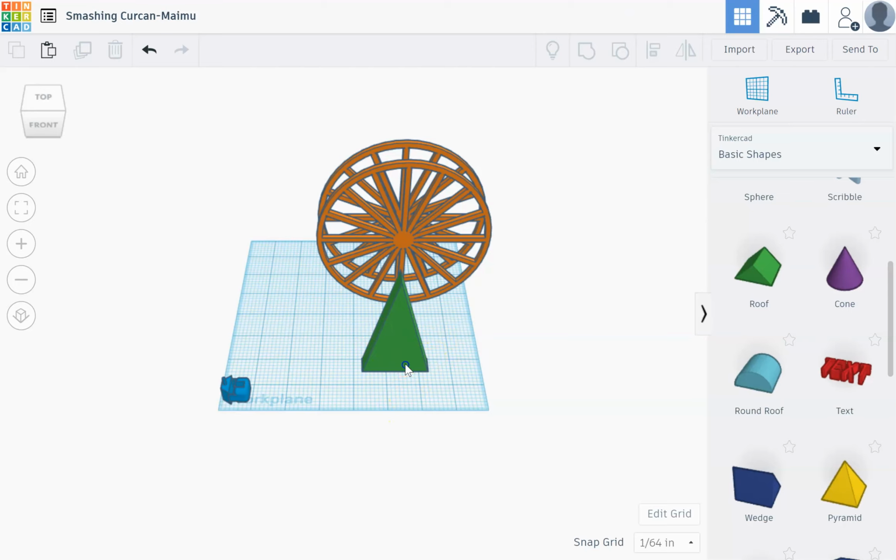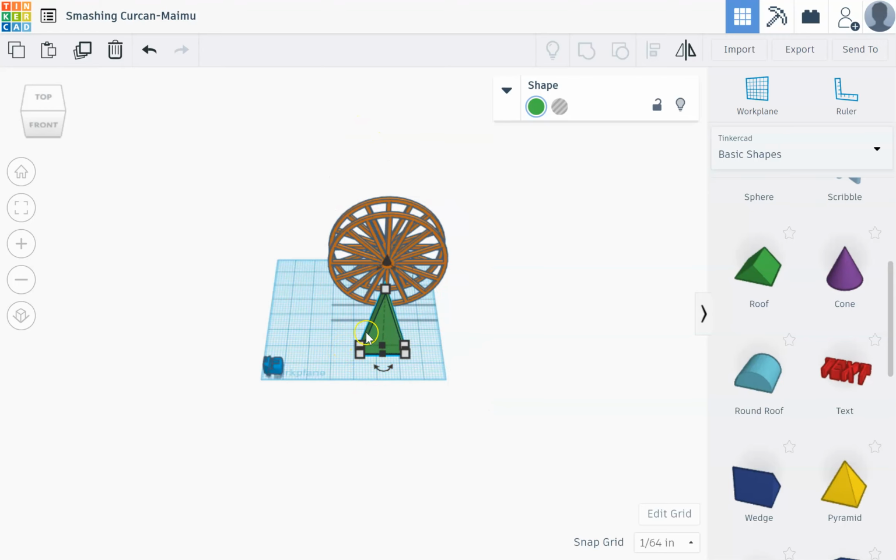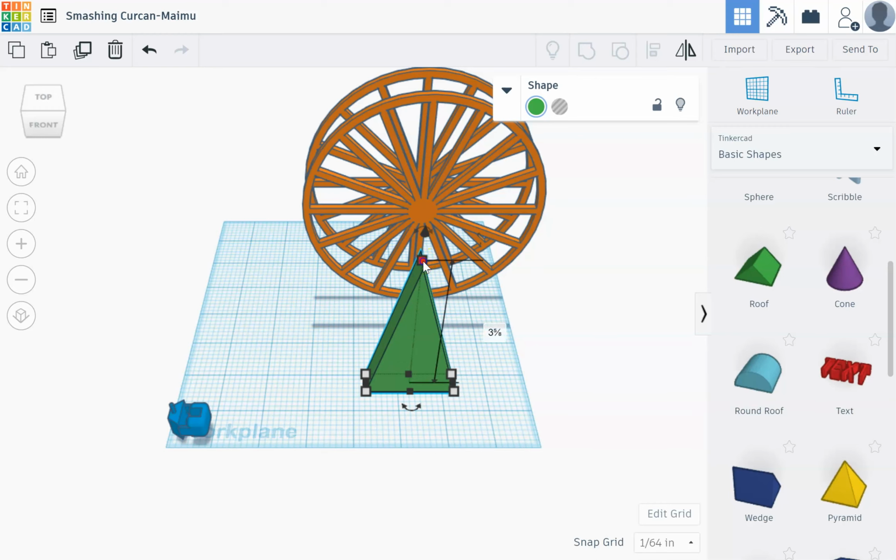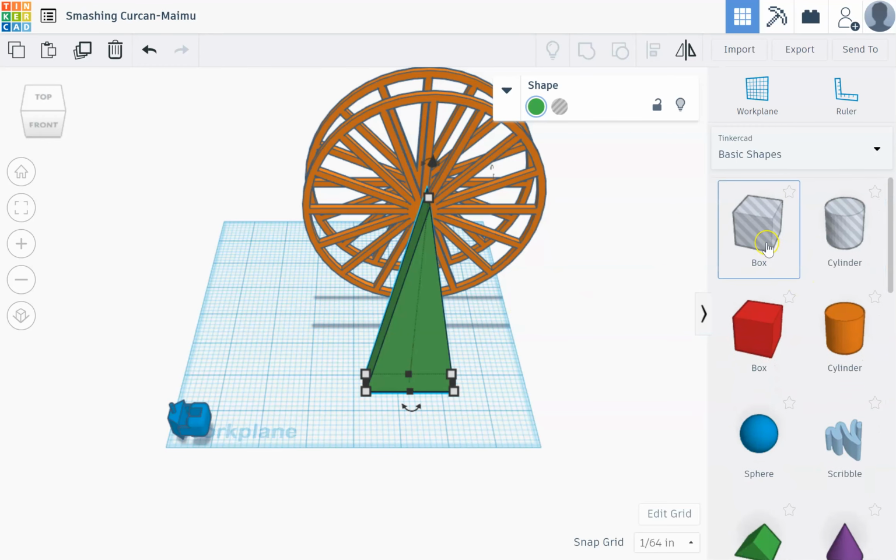Okay, let's look at it. It's looking good. My apologies. I was supposed to make this not 3.625. I was supposed to make it 5 inches. 5 inches tall, okay? And then what we're gonna do is we're gonna go to basic shapes, go to box,